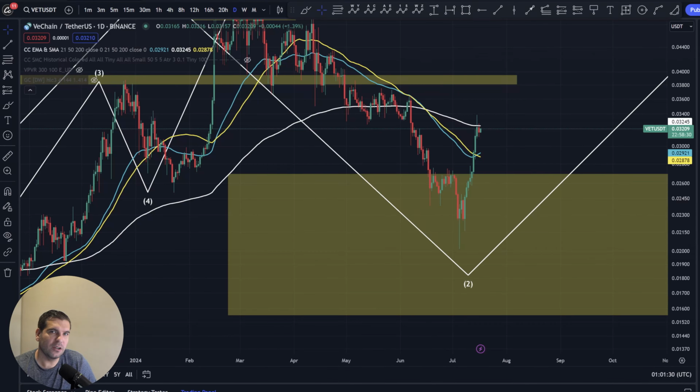Today we're going to be taking a look at Vechain's VET token with what's been going on most recently, reviewing the price patterns, the price structures, and sharing my kind of short to medium and maybe even long-term price predictions